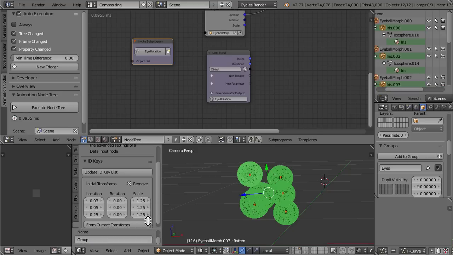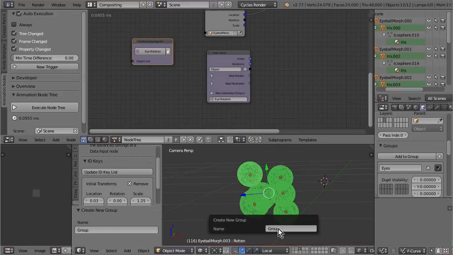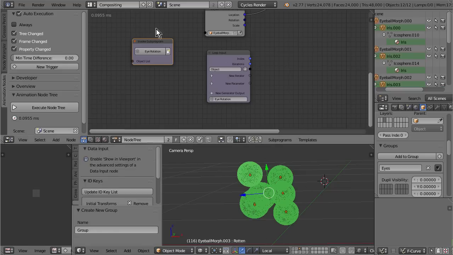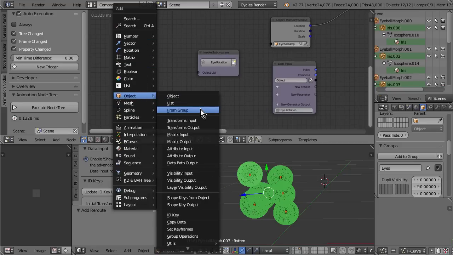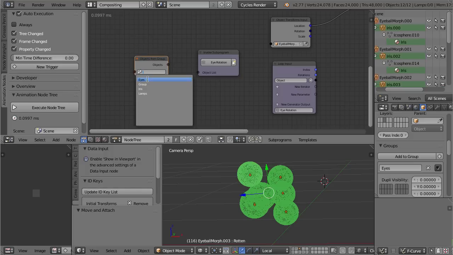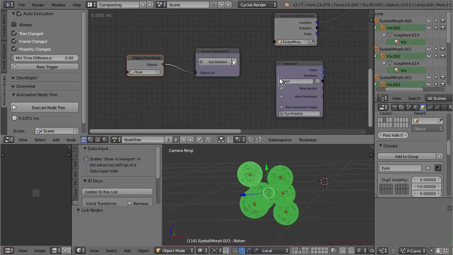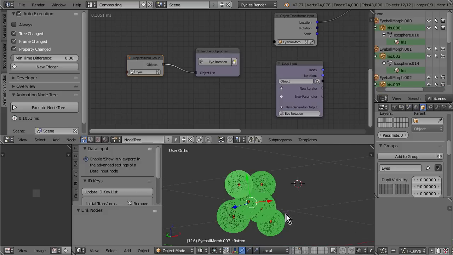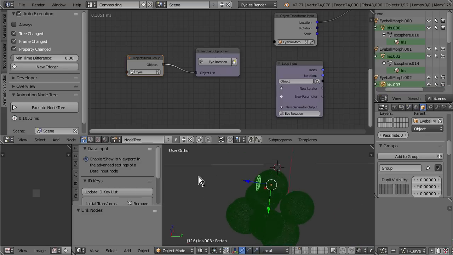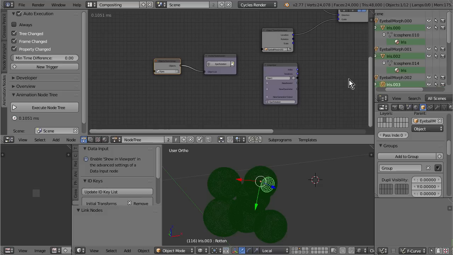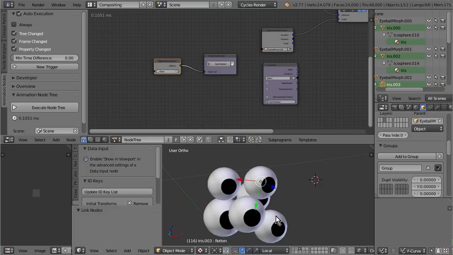I brought that up using the F6 menu. F6 brings it up as a pop-up. Alright. So now they're all in a group, and we can choose an object group from group. We can just choose the eyes here and feed it to the object list. Okay, now our loop, there's 12 objects selected, which means we have 6 eyes because each eye also has a pupil here. We can ignore that though. Okay, so 6 eyes. Now the loop is going to be executed 6 times.